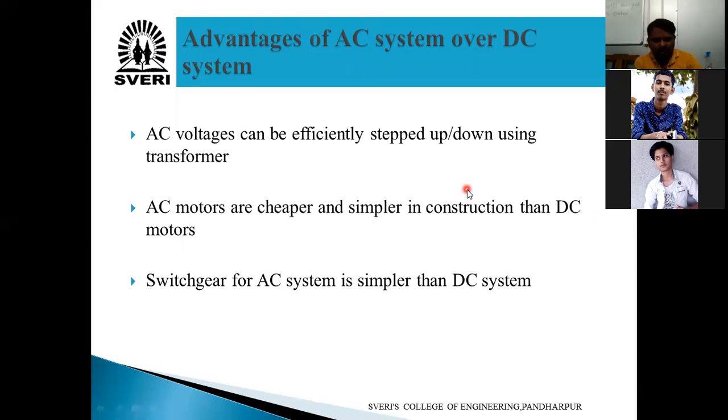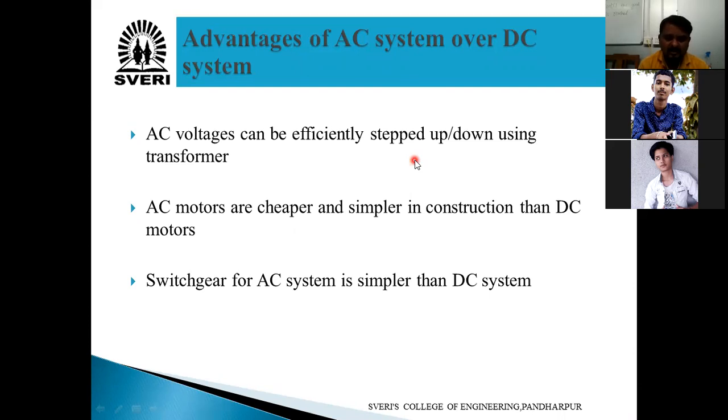I clearly told while explaining the function of the transformer, the primary is connected to the single phase AC supply. For that reason only, we have used the word single phase transformer here. So here also we are using single phase AC circuits. In AC only it is possible to increase and decrease the voltage. In DC we cannot do that. We can, but the cost will increase.